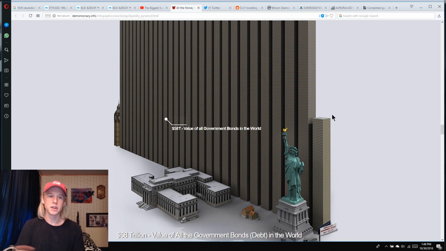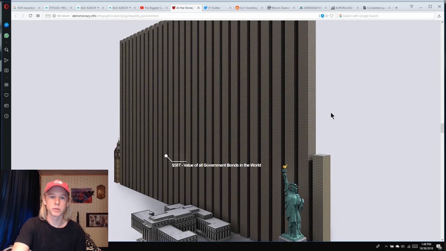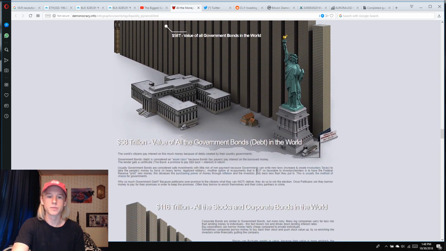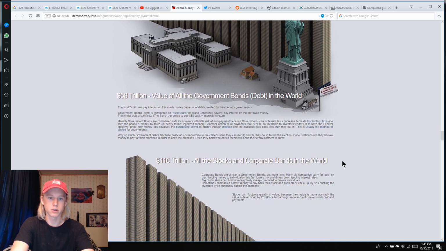And so these companies will write these bonds, or governments will make these bonds, whoever it may be, and then the banks will come through, buy those bonds, and then they will be repaid, and they'll make a profit because of the interest. So that's kind of the way that these bonds work. This is just the debt in the world, because this is somebody that is looking to take a loan out and then pay you interest. So that's creating that sense of debt, whoever is making those bonds. And that's worth $58 trillion.